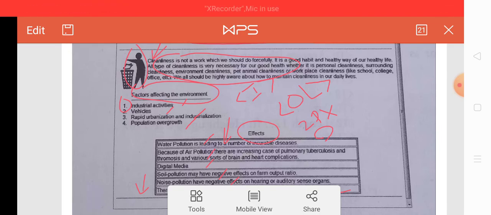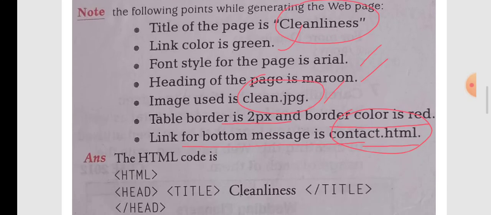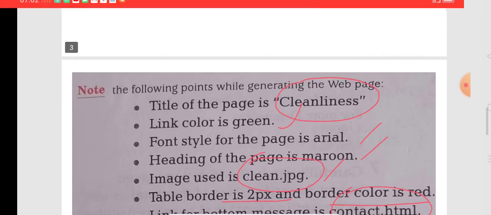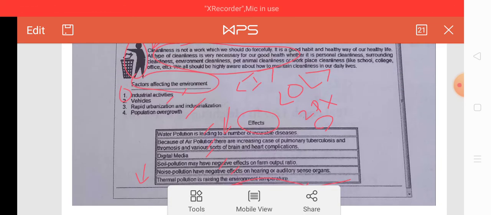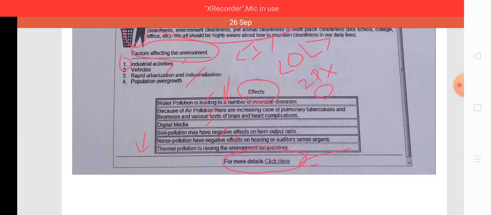So just try to attempt this type of question and practice on this type of question. When you practice on this type of question, you gain confidence about web page designing, and almost all pages are the same. Most of the pages contain an image, a paragraph, a list, a link, and a table. A heading or HR tag must be there. So these types of tags are commonly used to design a web page. So practice on such tags. It will give you a clear idea of how to write code in HTML.